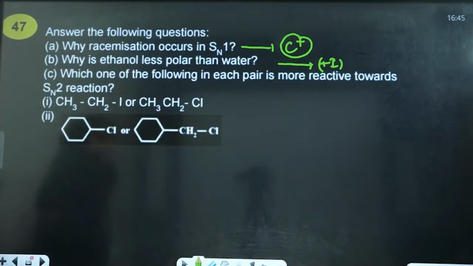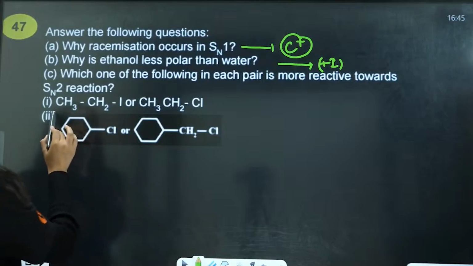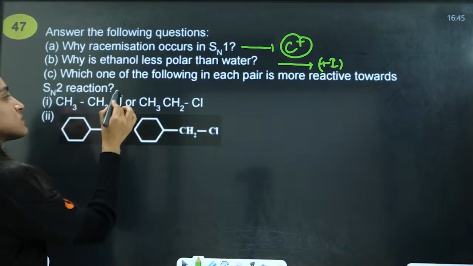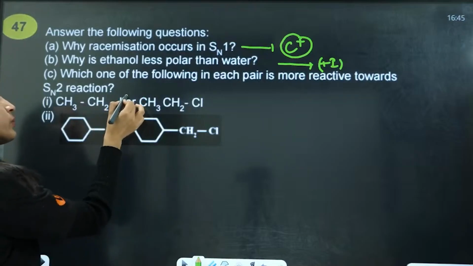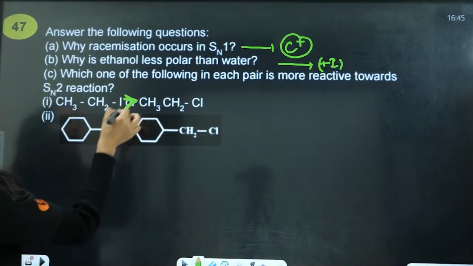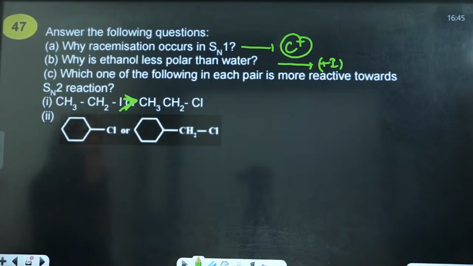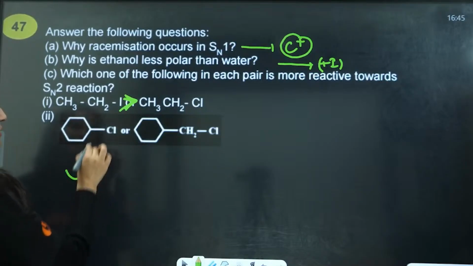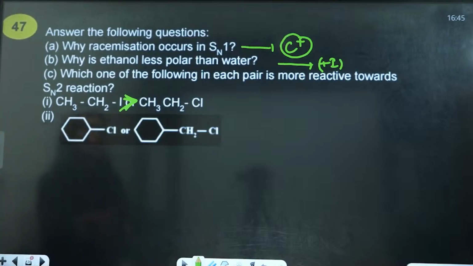Yes, everyone. This is CH3CH2. This is CH3CH2. Out of these, this one has a good leaving group. That is why this is going to be more reactive. Okay. Then out of this and this, we'll see which has more steric hindrance. Reacting it here is difficult. There is more steric hindrance in this case, so the other is more reactive.